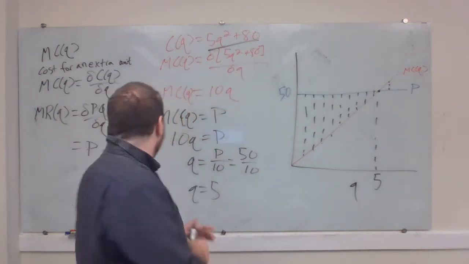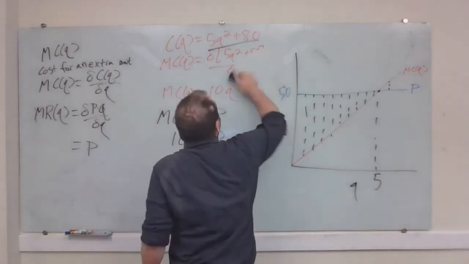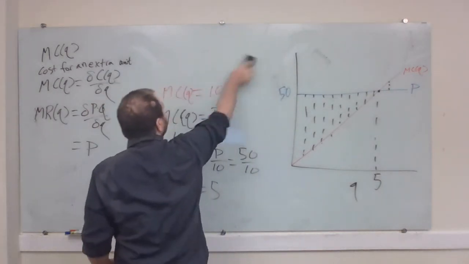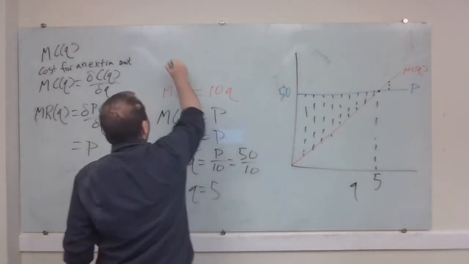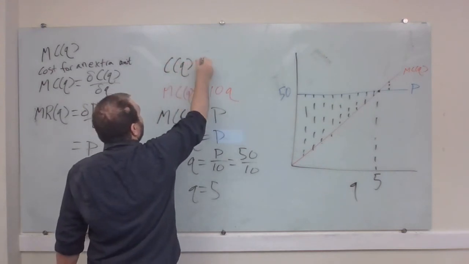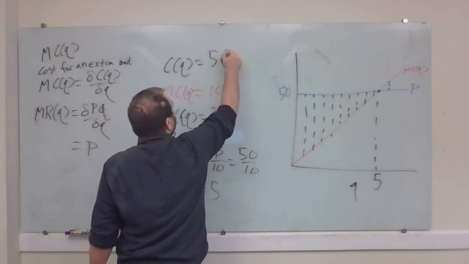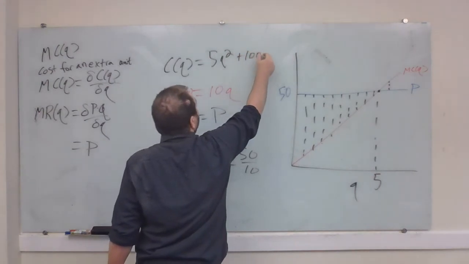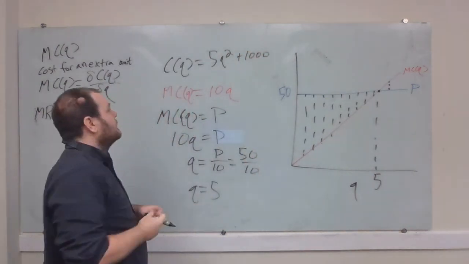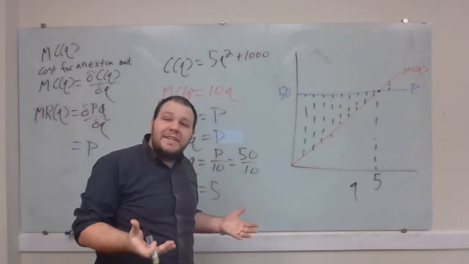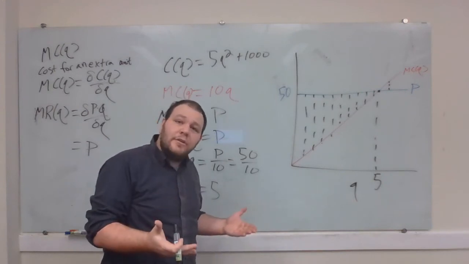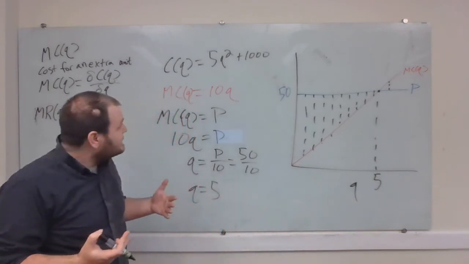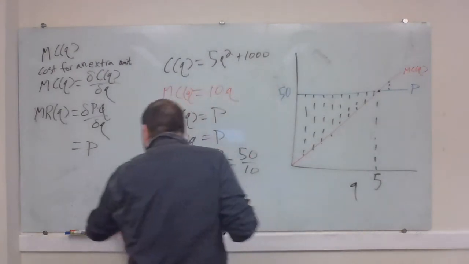Let's say instead our cost function had been 5q squared plus 1,000. Our marginal cost would still be 10q, right? Nothing would have changed. Now the reason for this is because that cost there, that 80,